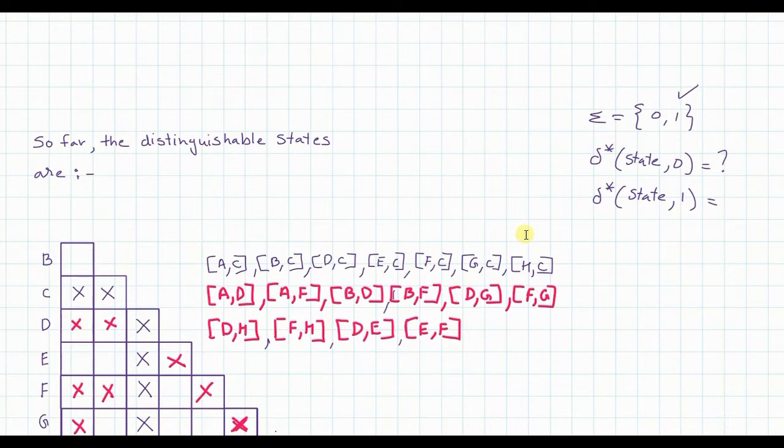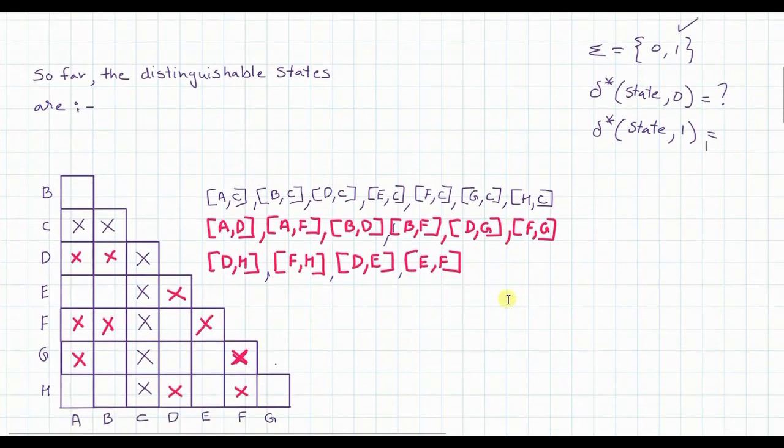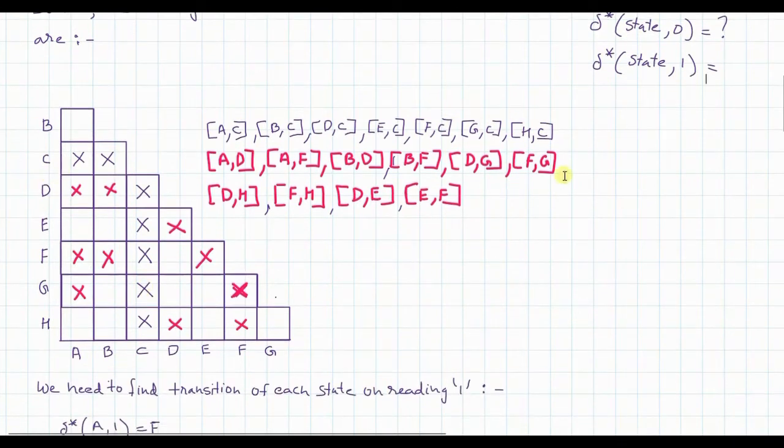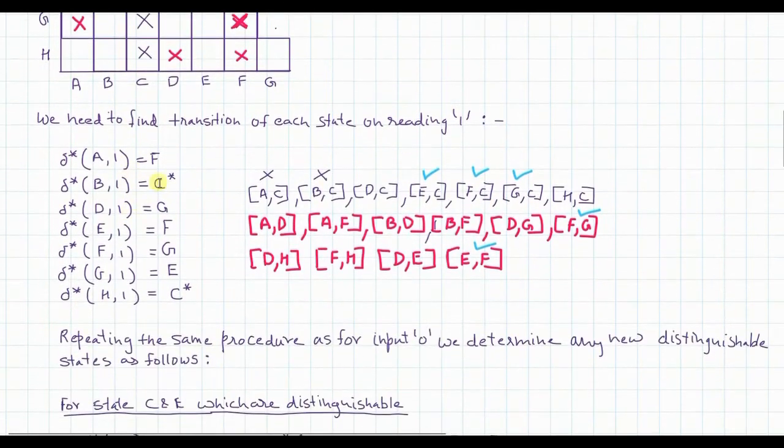Now just to save time, I have solved the problem, and we will trace how it is solved so that you understand how it continues. These are the states which are found to be distinguishable so far. This is the table that is filled so far. Now we need to find the transition of each state on reading 1. So I am writing here